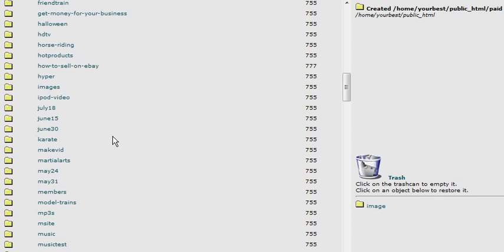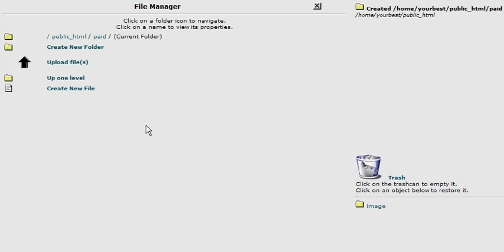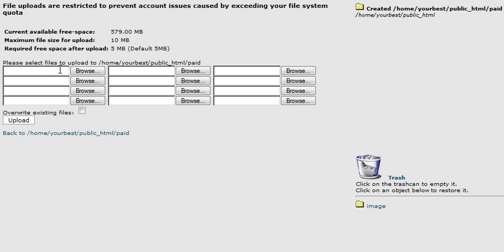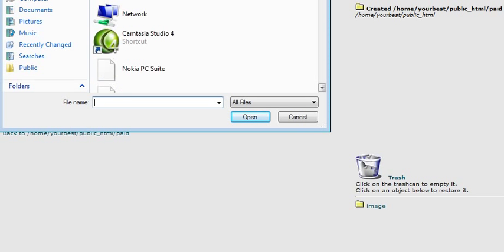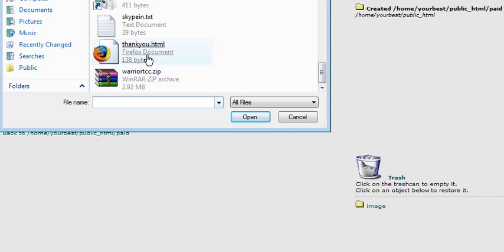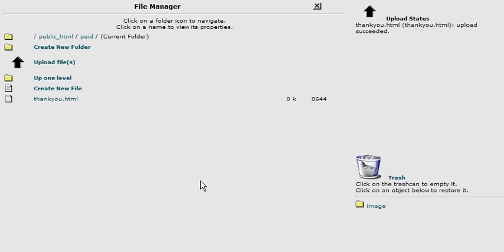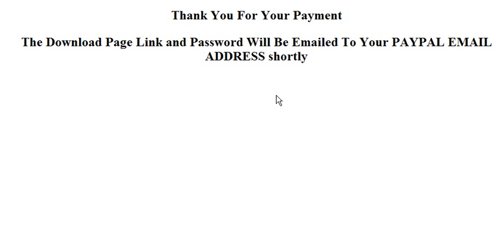Okay, then we go down to our paid directory and go inside it. Now what we're going to do is upload our file. Click on upload, and then we'll upload our thank you page here. So we'll find our thank you page, and then click upload. Now our thank you page resides inside here. So if we actually type in the URL to this, and there's what we see. So the directory to this was our domain name /paid, which was the name of our directory,